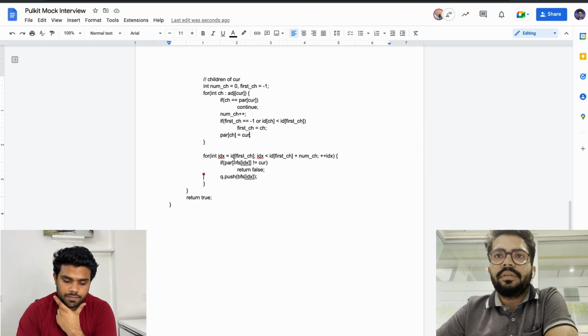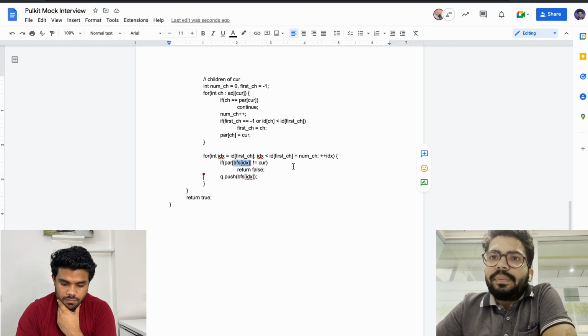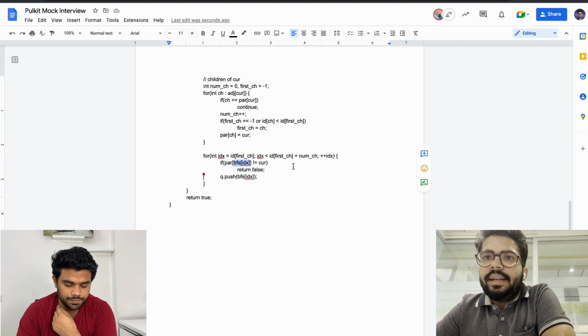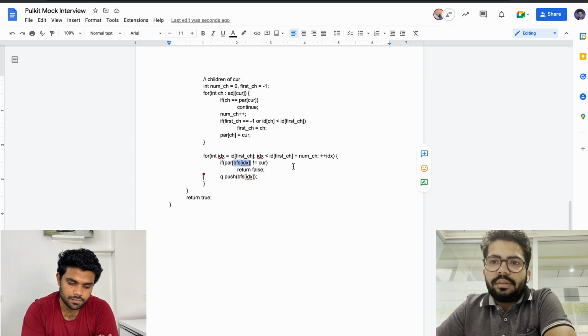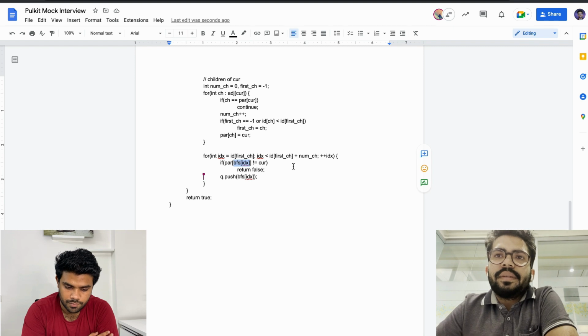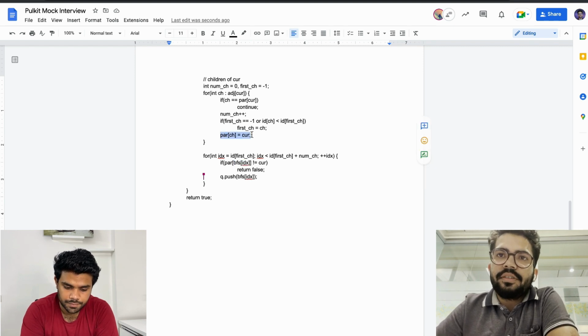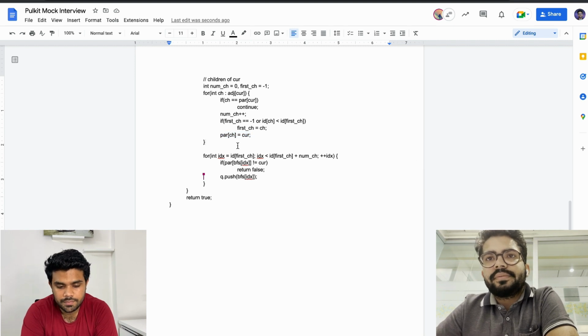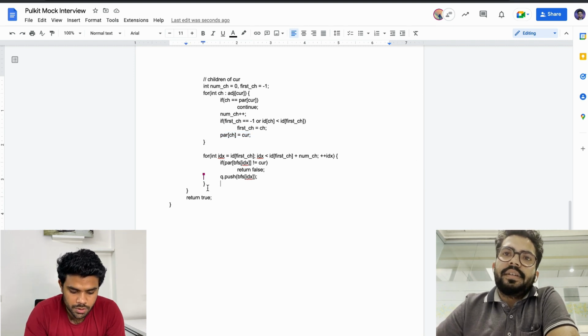So now the nodes that I am iterating here, either their parent is already set and it is not equal to current, then also it is not my node, then also it is not my child. Otherwise, if the parent is not set, then the parent will be 0. Then also it is not a valid node, because I have already set the parents of my children. The code looks good to me.